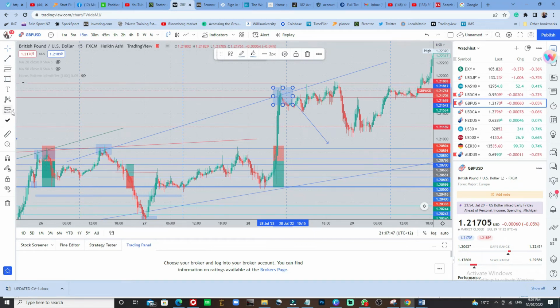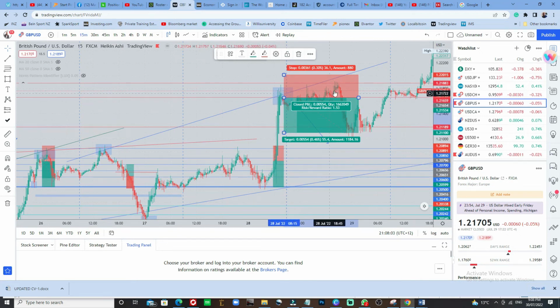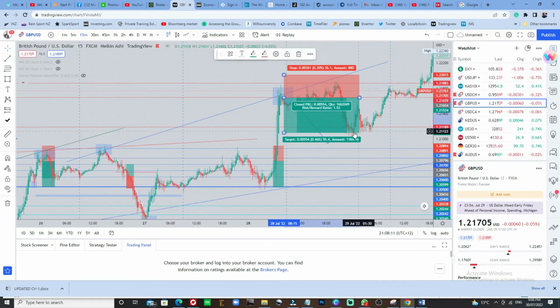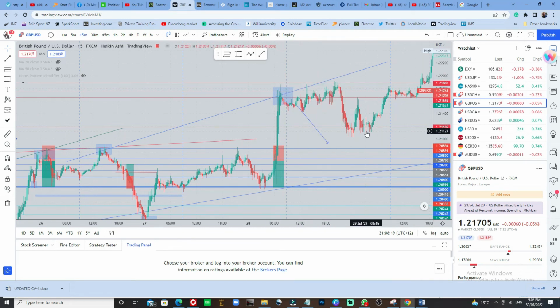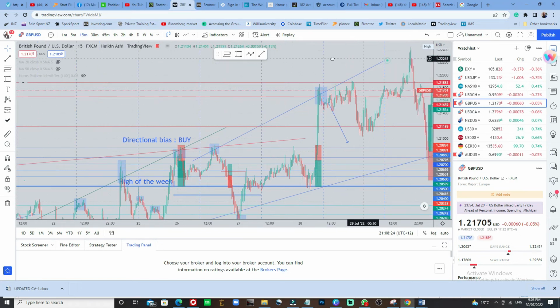So if you enter a sell here, let's assume we enter the sell here. We would have been in profit, but it would have taken us a long time to be in profit. Let's say a ratio of 1 to 5. See, it kept consolidating, and finally entered profit. That's a very good entry, but I didn't enter that one, so let's forget about that one. I'm just trying to explain how we enter on a multi-time frame. That is how I trade GBP USD.